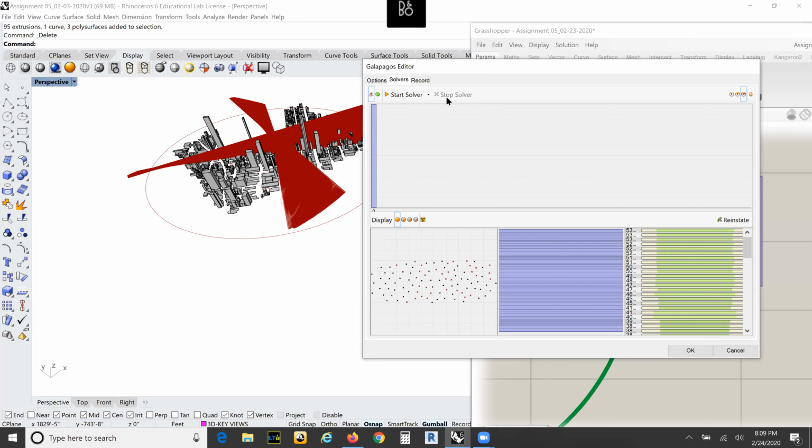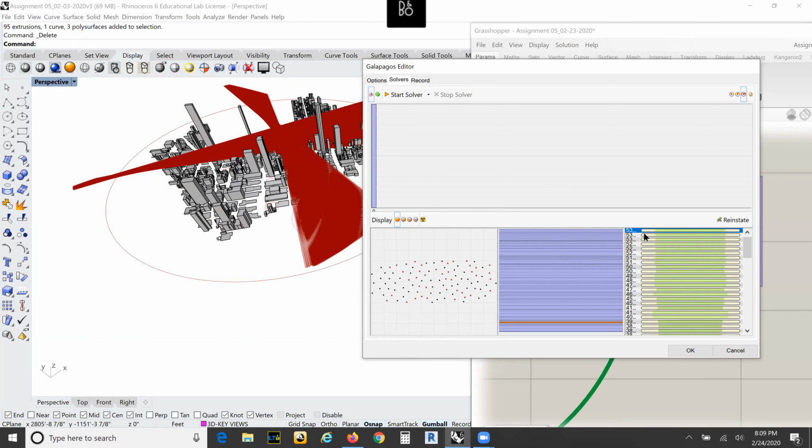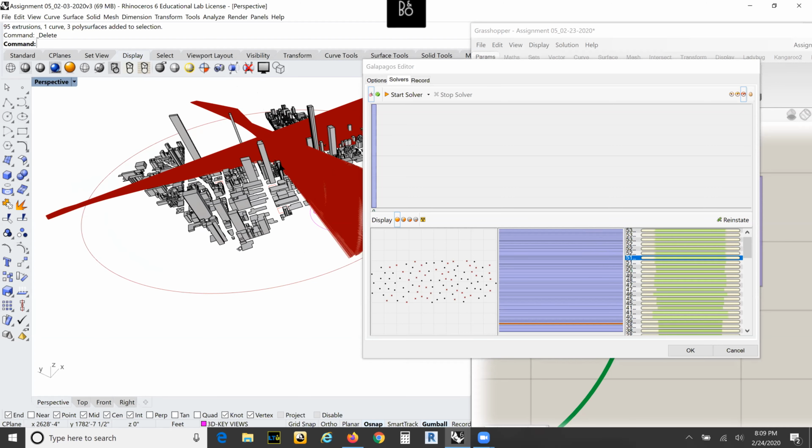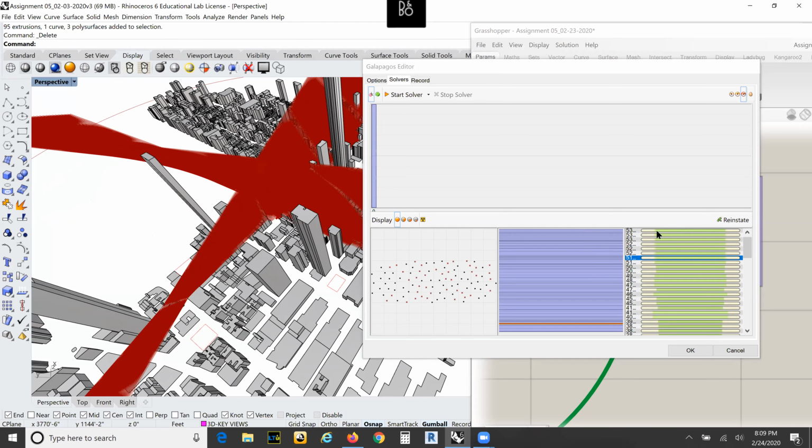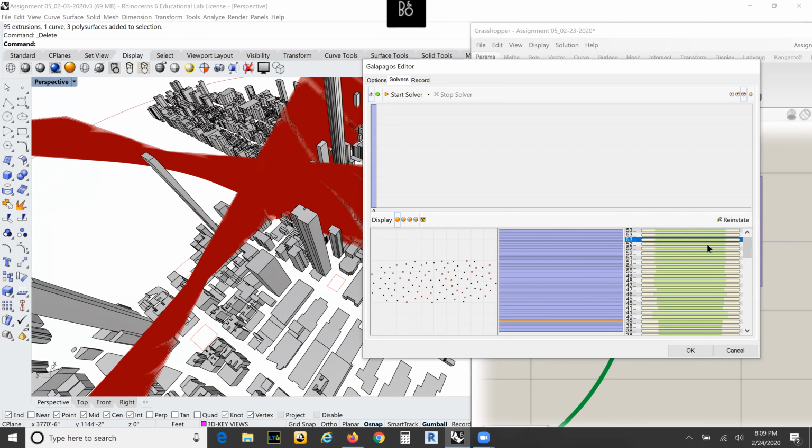So we're going to stop this, but just to answer the question, let's run. The first generation always takes the longest, but once you get this going, I'd say this is probably the best option. Or if you want, pick ones lower. If you just aesthetically want something different, you can click these and you click reinstate. It may take a second, but that changes the parameters in Grasshopper to get that reinstate. Once you click OK,